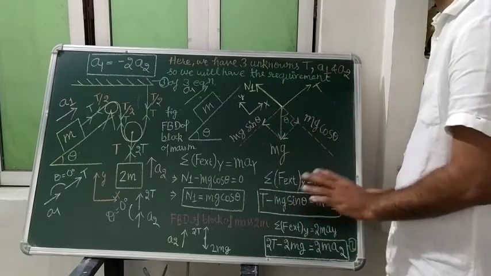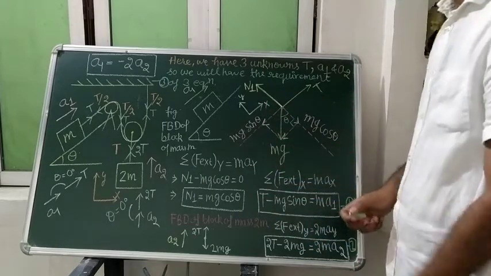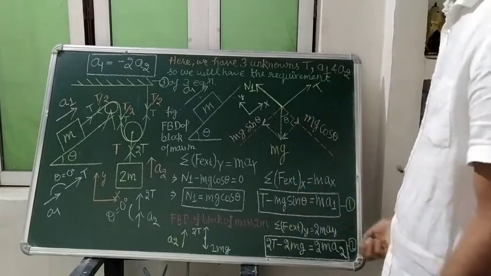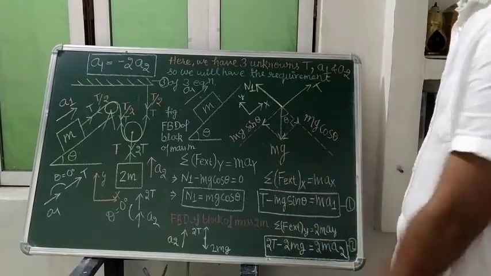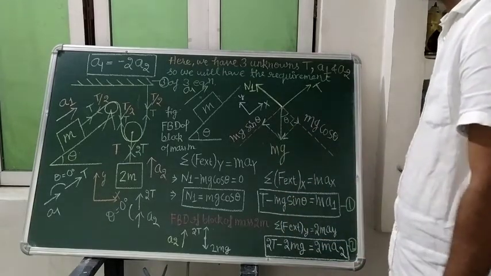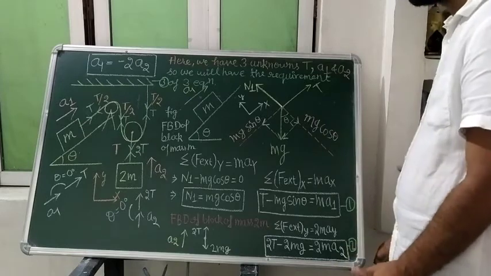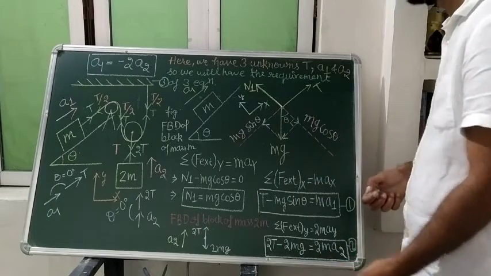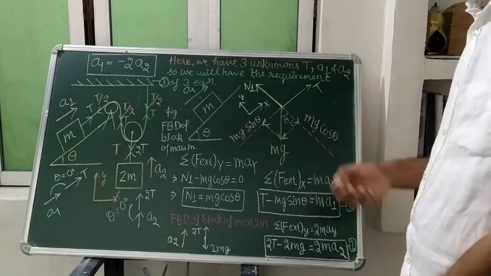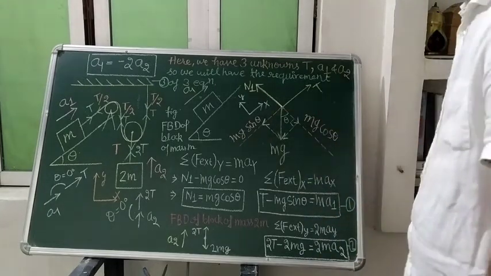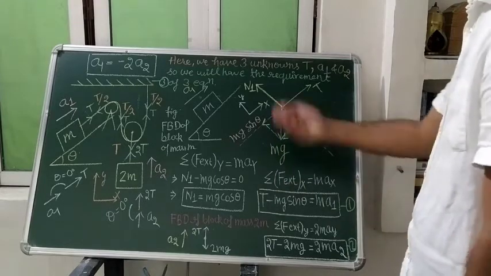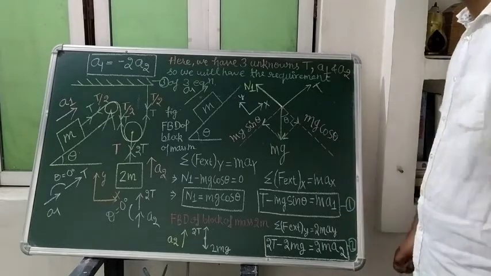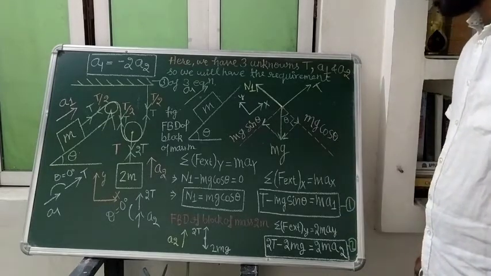If you practice like this once, when you get the numbers in your numerical problem, it will become an easy peasy task to find the answers. So make your mind like this, so that you can practice these things. Keep on practicing. We have got three unknowns, and we will solve these three equations and get whatever we want to know. Okay? You can write it.